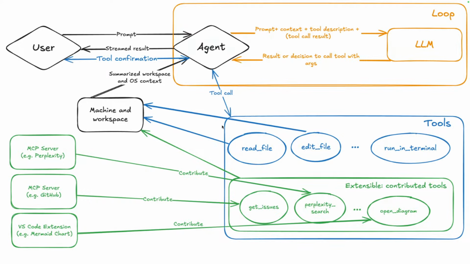And these tools could be many different things. One of them could be an MCP server, like one from Perplexity, one from GitHub, which we'll see in a moment, or maybe some VS Code extensions there as well. And these MCP servers can take different forms, and we'll see that in a moment. But then once you've used this tool, the tool does a thing. So it might be like reads a GitHub issue, it might be creates a GitHub repository, whatever it may be. The agent runs that tool. That gets sent back to the agent with the kind of summarized context. And before running that tool, maybe you need to have some kind of confirmation that you're happy for that to run.